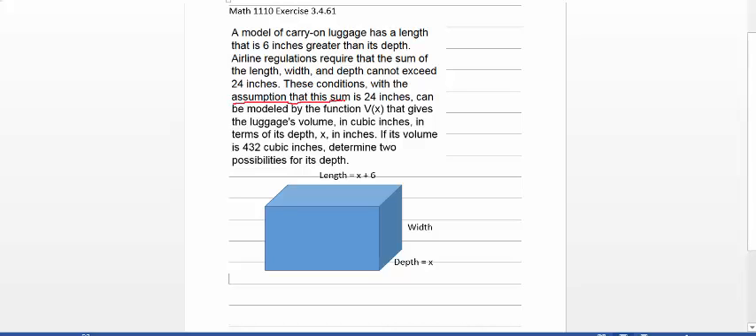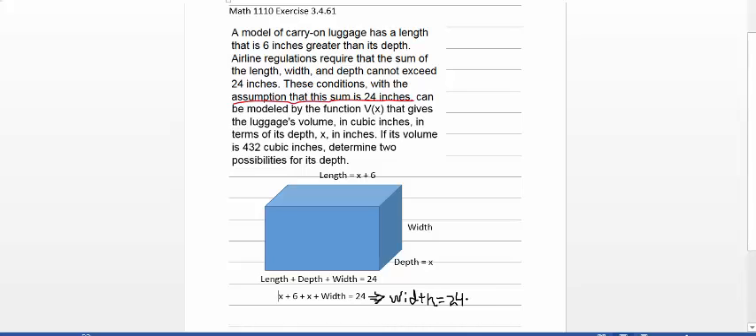So according to this information, if the depth is x, the length is x plus 6. And let's see how we're going to represent the width, since length plus depth plus width has to equal 24 inches. So that means x plus 6 plus x plus width is 24. So if we solve that for width,